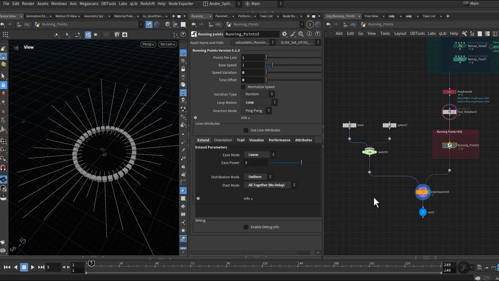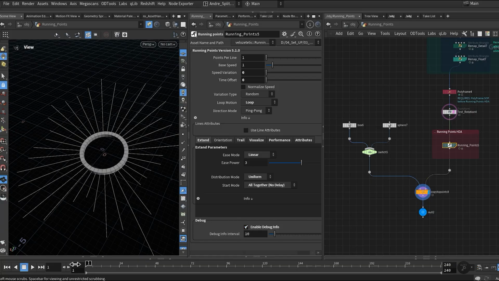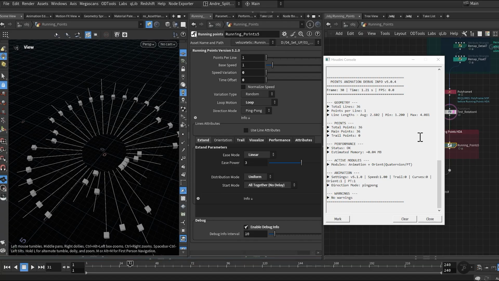To see the length of the curve, you can also enable debugging info to check the actual curve length. See here the maximum is 4.